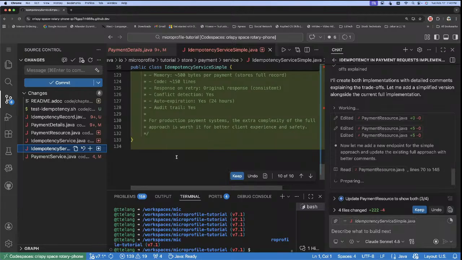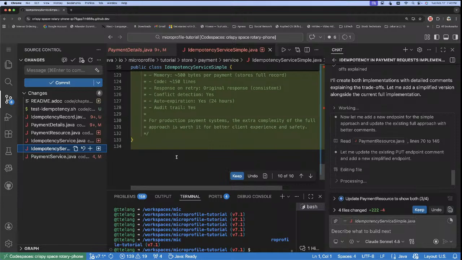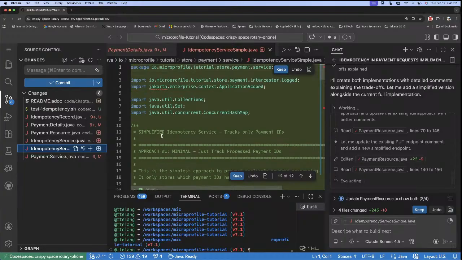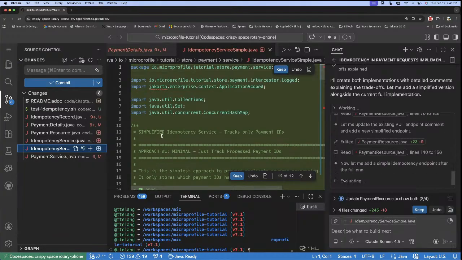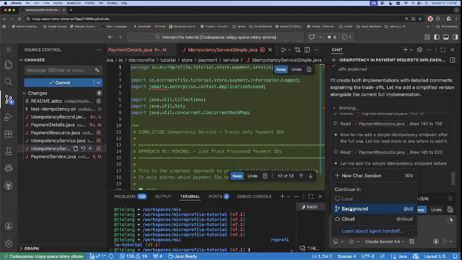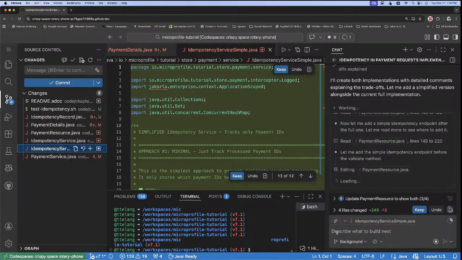It's adding a new endpoint for the simple approach, and it will have a different resource. So at the same time, let me run another background agent, which will, I'll say, create a